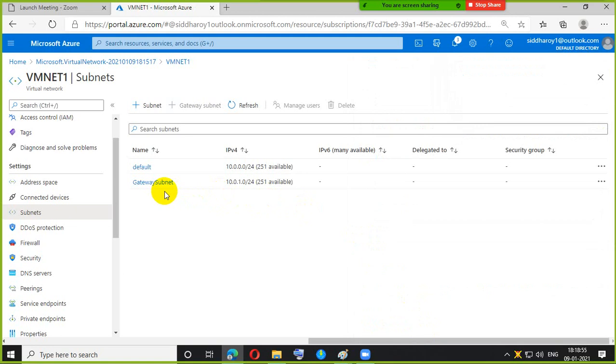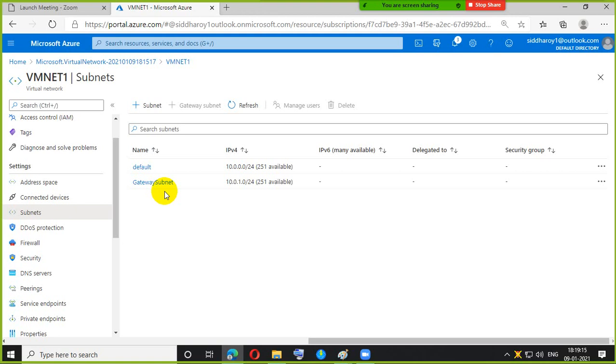Okay, fine. So now my VNet is already created, and what I need to do now is create the virtual network gateway. It will take time, about another 20 to 24 minutes. So I'm going to create this.